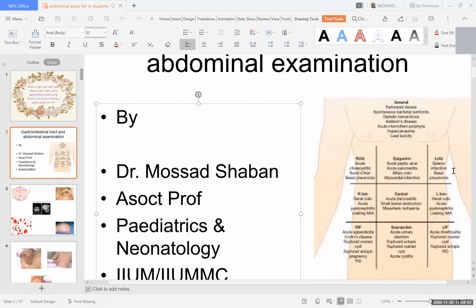It will be the spleen primary. Also the spleen, if normal, is below the ribs. But if it is enlarged, it will enlarge in that direction, going to the right iliac fossa. So for both liver and spleen, you must start from the right iliac fossa, then go up or to the other side to check whether it is liver or spleen. It is very important because some candidates got a very huge hepatomegaly, but they didn't start from here.